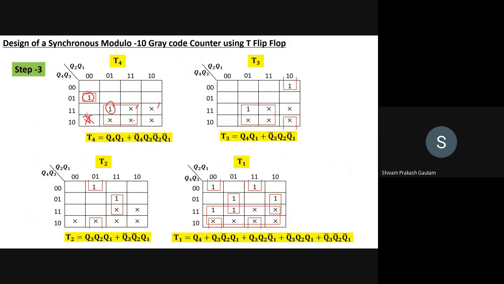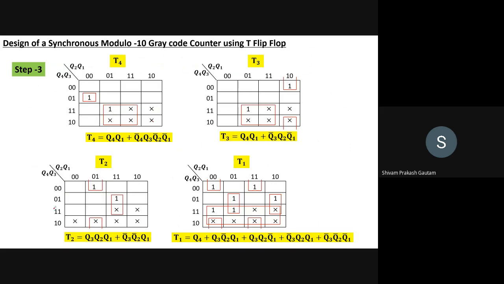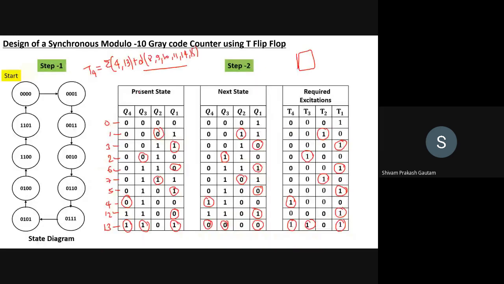So if I add a don't care, it will not make any change, right? So this table is not correct. We have to add one more don't care. Let me rewrite it again. So there will be one more don't care which will be here because 8 is also a don't care. So this is 8, 9, 10, 11 and then 14 and 15. 8, 9, 10, 11, 14 and 15. Yes, so this is correct.